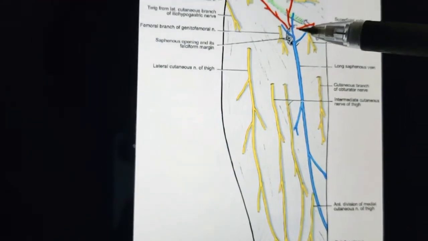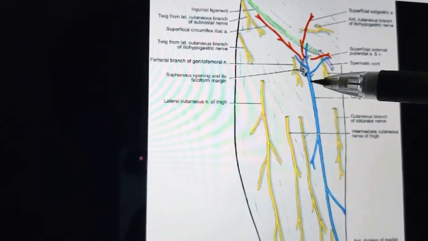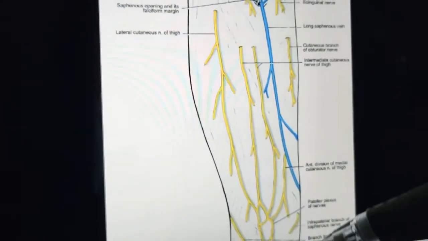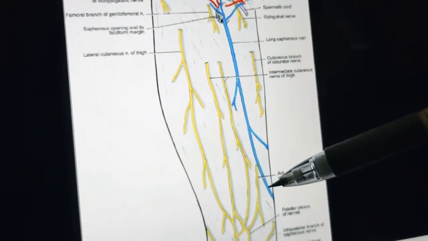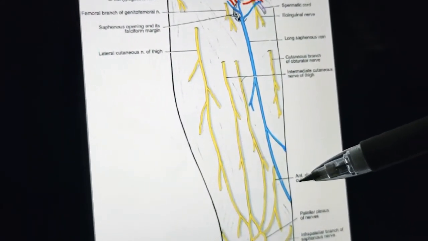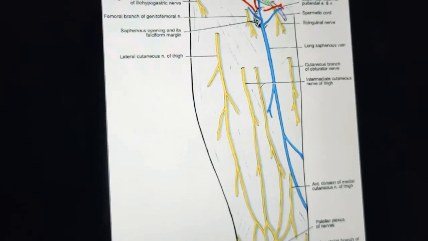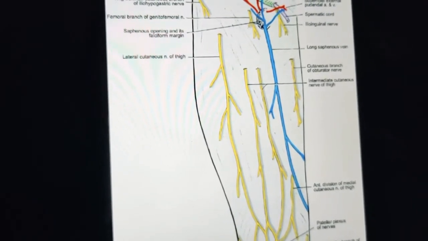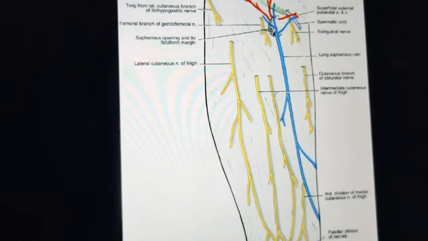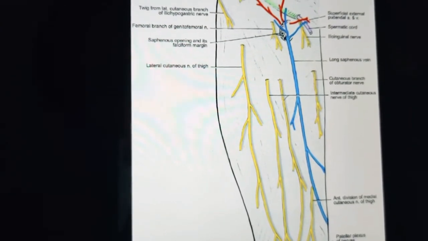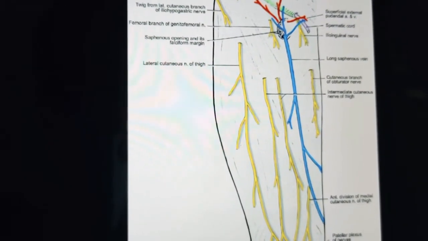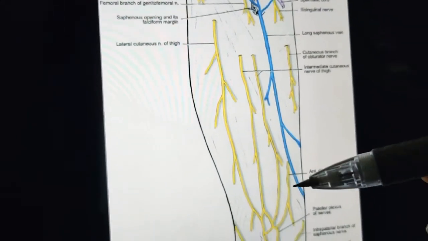It begins on dorsum of foot from the medial end of dorsal venous arch. Actually, not this side. If you see on your dorsum of foot, dorsum means which is seen from above in anatomical position. Plantar means the side you put on the ground, that side is the plantar side, the above side is the dorsum side. So there we have an arch called dorsal venous arch. So from there on the medial side of the foot it starts, this great saphenous vein.